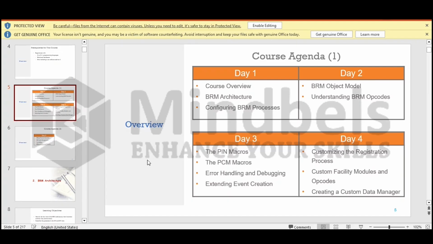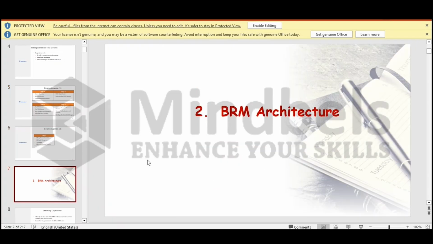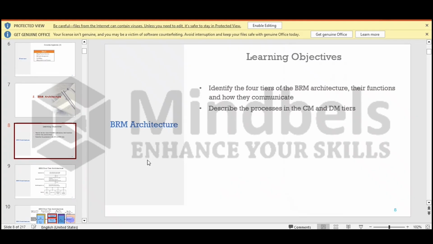The course overview, anyhow, we have covered. So we'll go to the BRM architecture. That is very much needed to understand the BRM on a high level. Okay. So if you see, BRM is a packaged application, and it has a